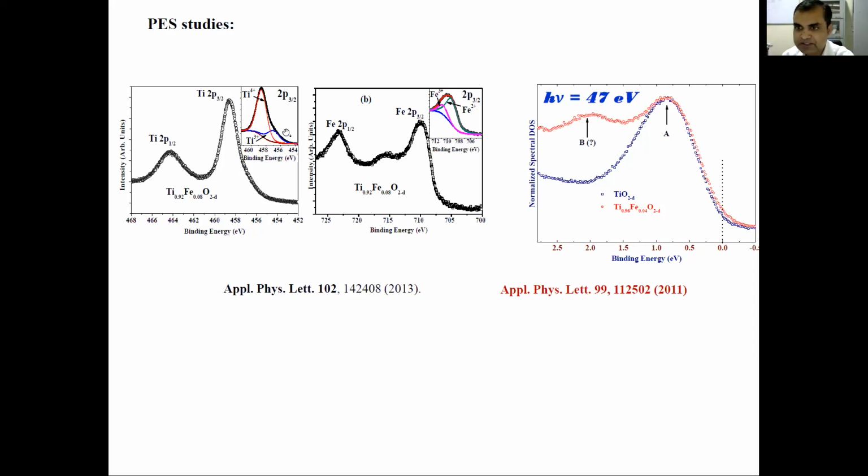Now, if you look at this valence band spectra, it shows that at the Fermi level, which is the zero binding energy, we have a finite density of states. That means my system should behave like a degenerate semiconductor or show metallic behavior. How do I know that it is metallic behavior? So if you plot its resistivity with respect to temperature, we should see that with decrease in temperature, resistivity should decrease, or a positive temperature coefficient of resistance.